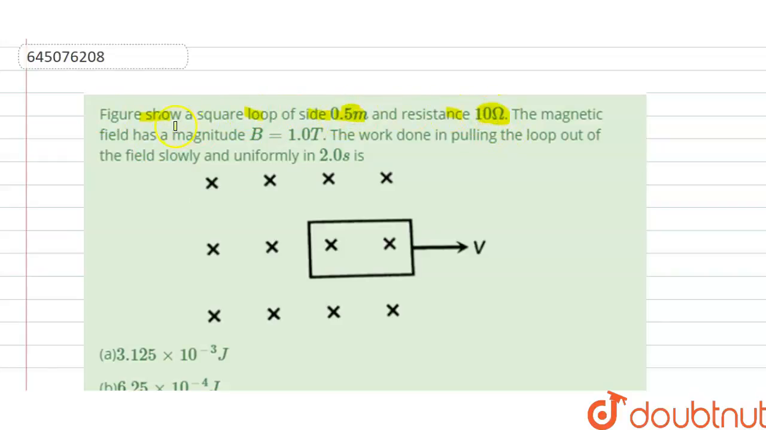Hello students, today our question is: figure shows a square loop of side 0.5 meter and resistance 10 ohm. The magnetic field has the magnitude B, that is 1 Tesla. So the work done in pulling the loop out of the field slowly and uniformly in 2 seconds is,